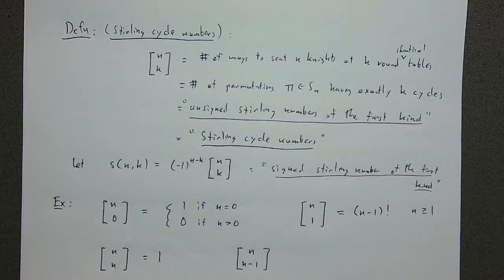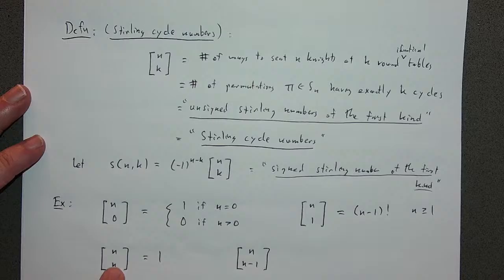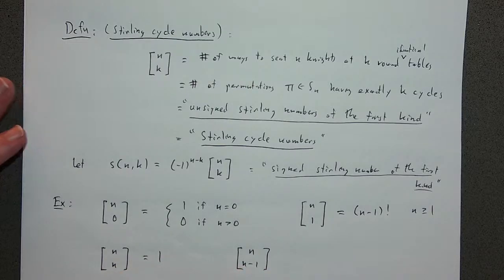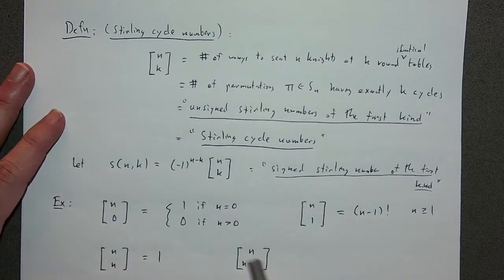What if there are n minus 1 tables? If there are n minus 1 tables, then I don't have enough tables that every knight gets their own table. I have one less than that. So I know that by the pigeonhole principle, for instance, at least one of these tables is going to have 2 knights at it. But in fact, that's exactly what's going to happen